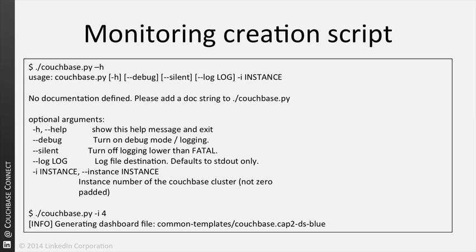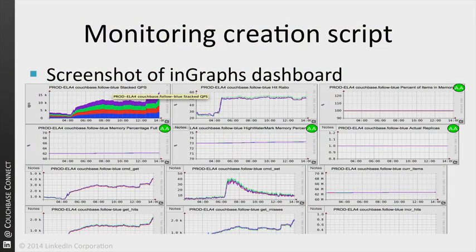And then all the metrics are automatically fetched and put into a template, and it also does all of our alert generation. It generates the alerts for that particular cluster, and they get automatically onboarded into our alerting system. So this is a screenshot of one of our dashboards. These are the top metrics we monitor. You can see the green AA circles on these dashboards. AA stands for auto alerts.